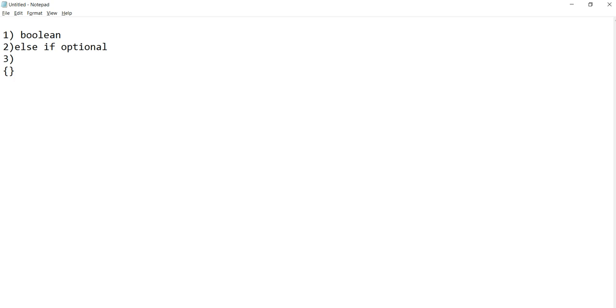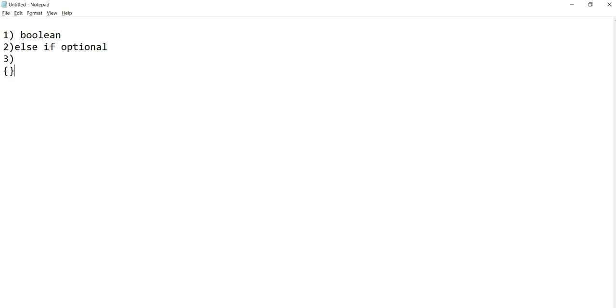If we don't specify them, then we consider only one statement, and one statement is mandatory. If we want to consider multiple statements, then we specify them. I'll show you programmatically how this happens.